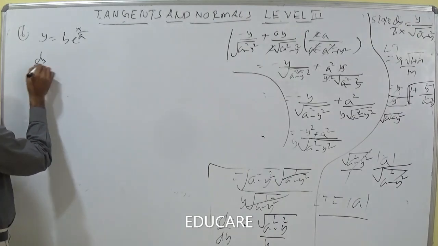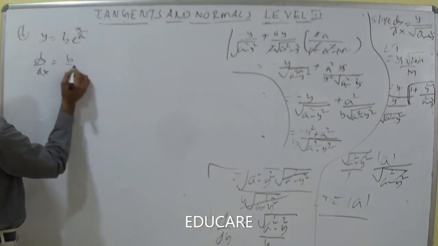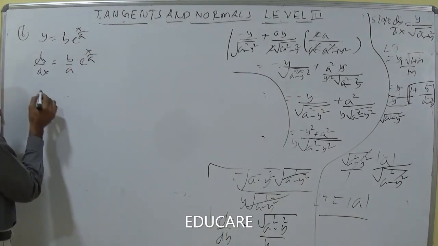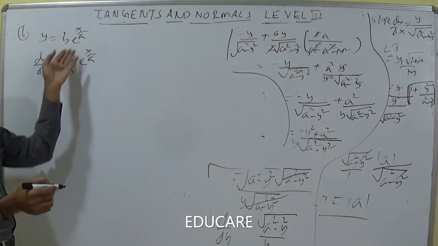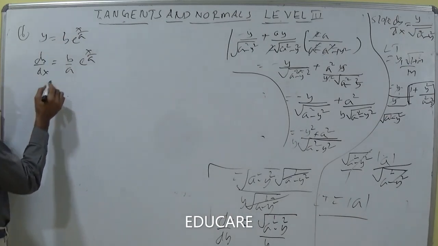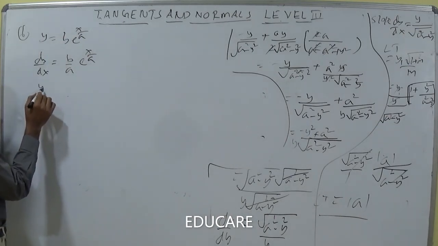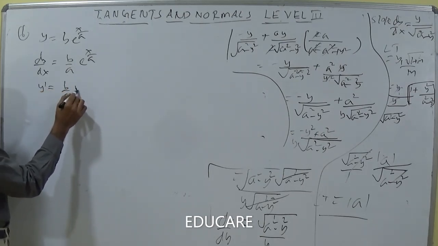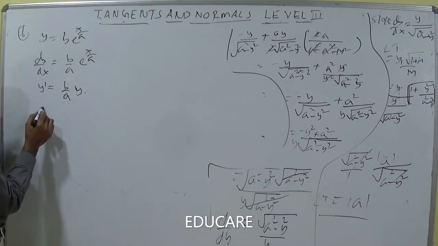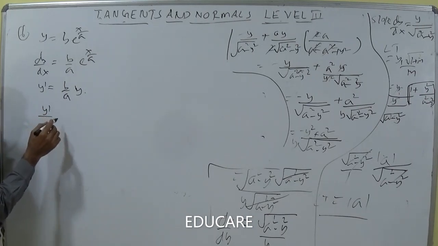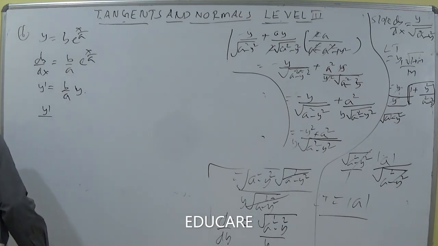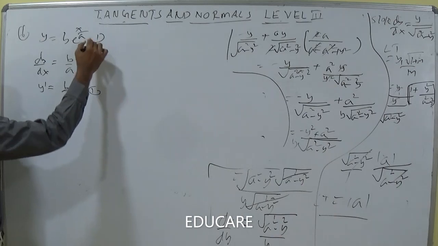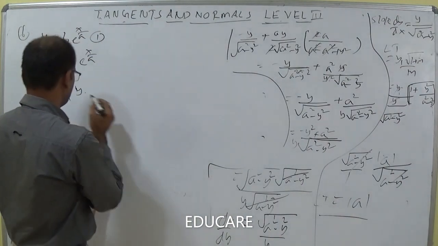dy by dx you can equate. dy by dx is equal to b by a into e power x by a. So the derivative of e power x by a, with internal derivative, I had written e power x by a. dy by dx, I mean y dash or m, we can write as b by a into y. So you can write here y dash by y, no need. Y by y dash I write. Let it be first, it may be useful later.